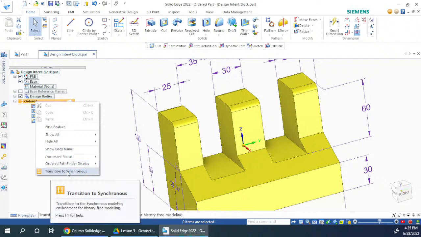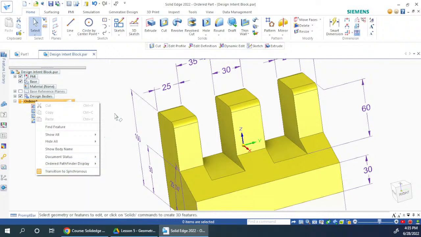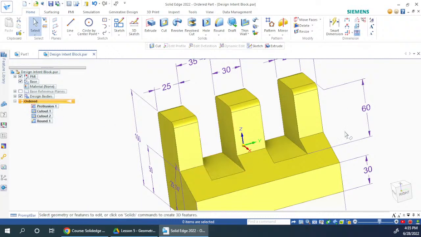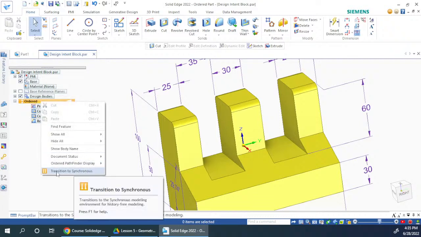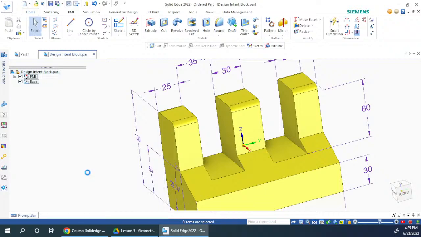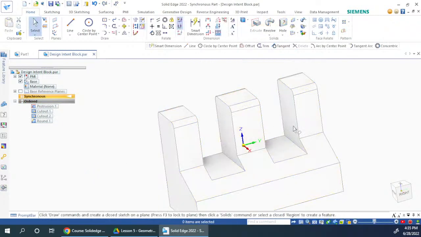Yeah, so transition to synchronous. So before converting any ordered kind of model into synchronous, we have to right click on this ordered and select transition to synchronous. So once you make that transition,